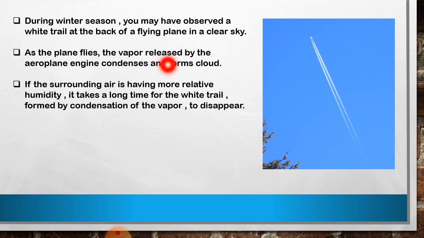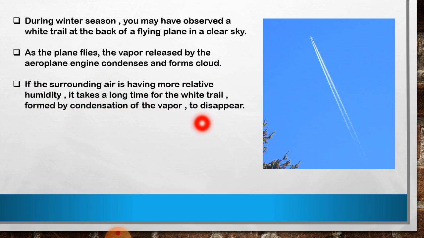As the plane flies, what happened? The vapor released by the aeroplane engine condensed and it formed cloud. So this will form a cloud. If the surrounding air is having more relative humidity, then it takes a long time for a white trail formed by condensation of vapor to disappear. Whenever we see such a white trail, sometimes it takes a lot of time to disappear. So because of what? The surrounding air is having more relative humidity. Okay, it having more relative humidity, so it takes a long time for the white trail formed by condensation